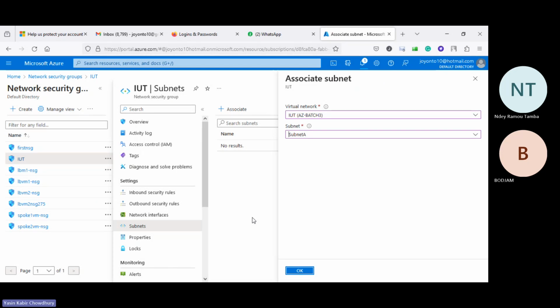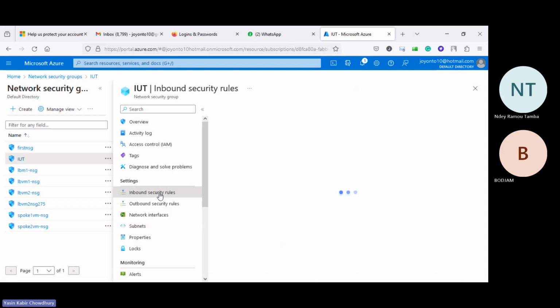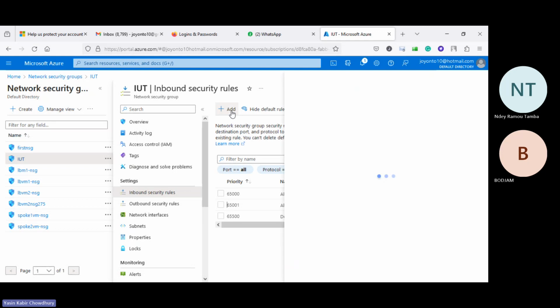It's just starting now. Now look, this one is already associated. So now I will put one inbound security rule. Click here. The default inbound security rules are here, which we cannot modify, create, or delete. Now we will put